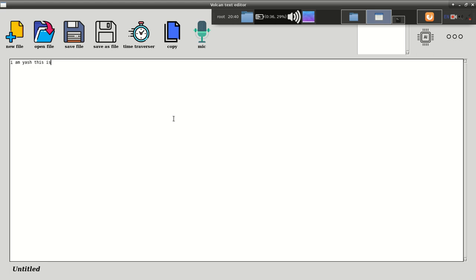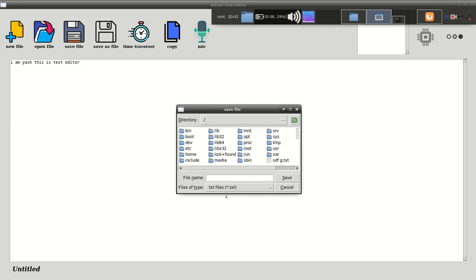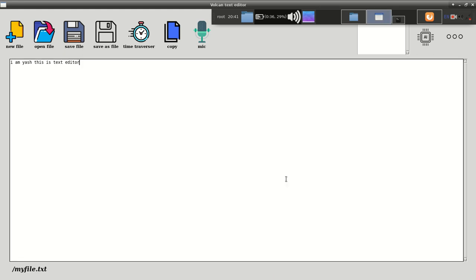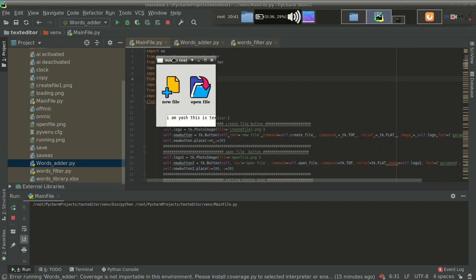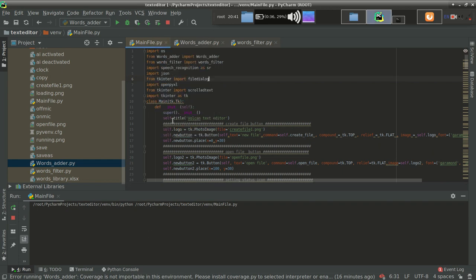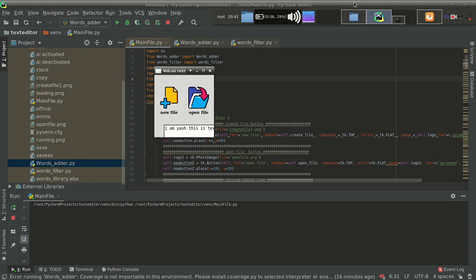This is the text editor, so this is the content of my file. If I save it with any name like my file, you can see that there is no exception. It means data should be added. So let's verify.